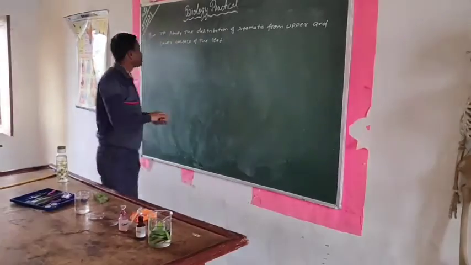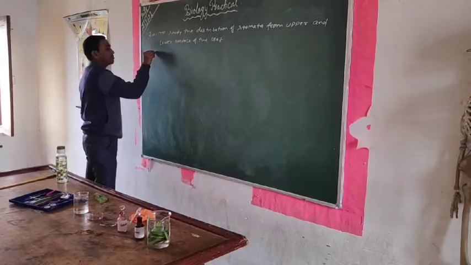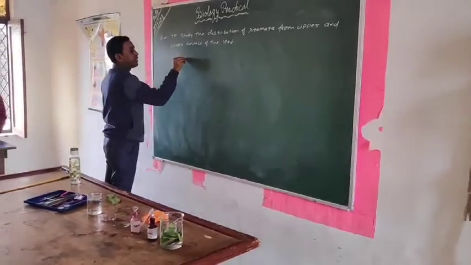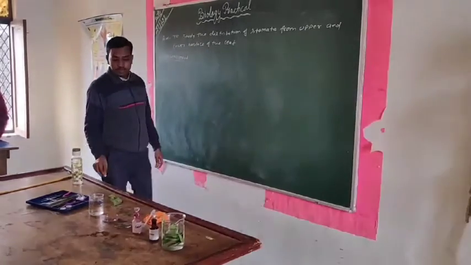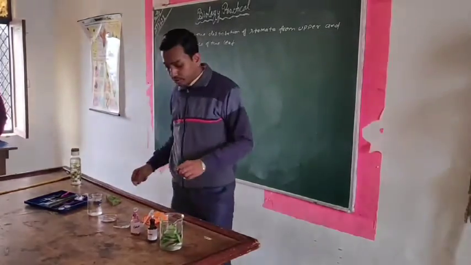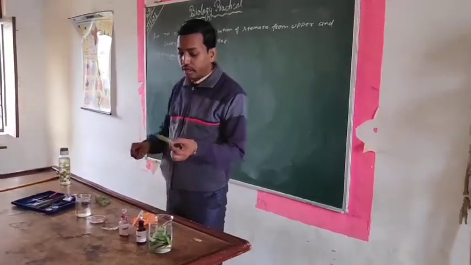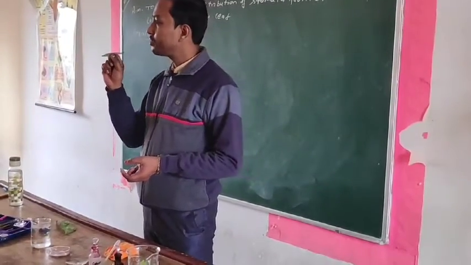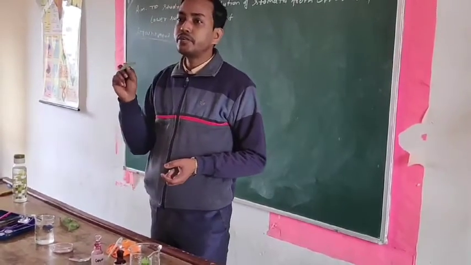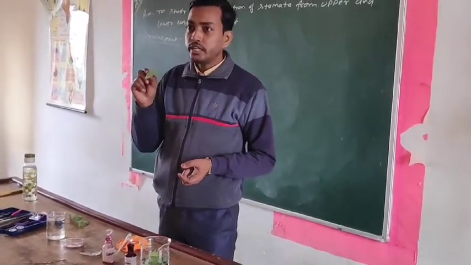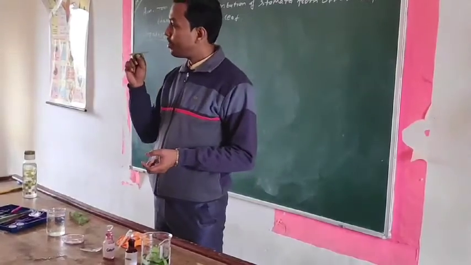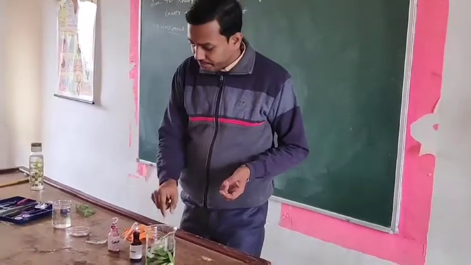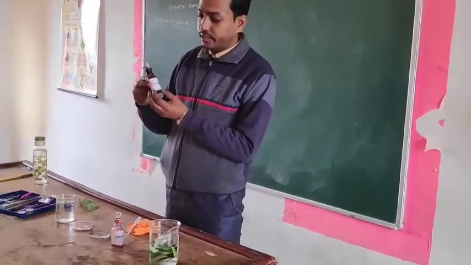Now back to the requirements. You may take the help of the book for the requirements, but let me introduce what the different things are. First of all, there is a need for a leaf from which you can extract the peels very easily. Not all leaves are selected here. We need a leaf from which a proper amount of peel can be extracted. The second thing, safranin.